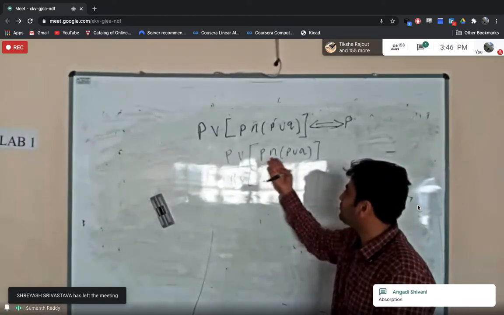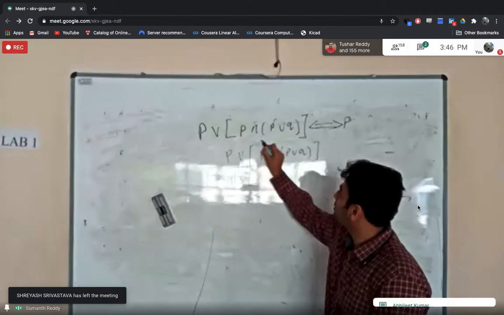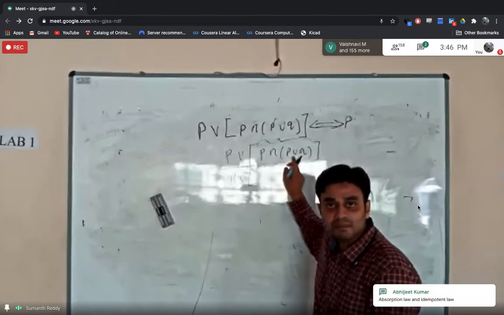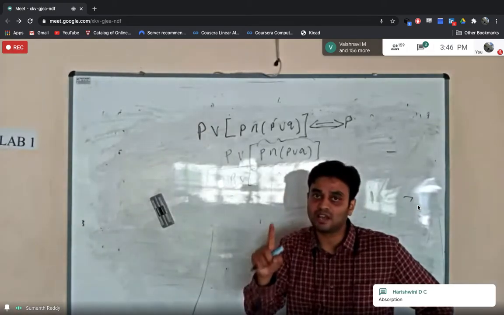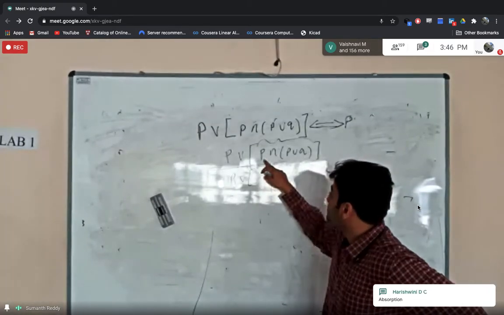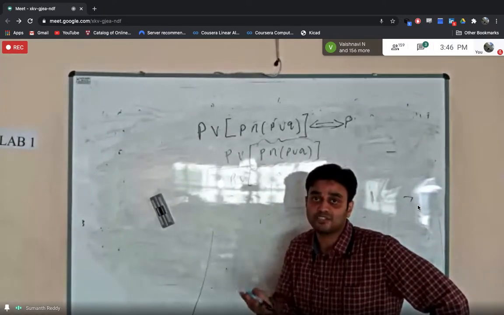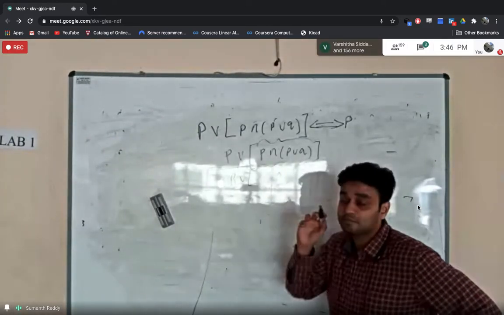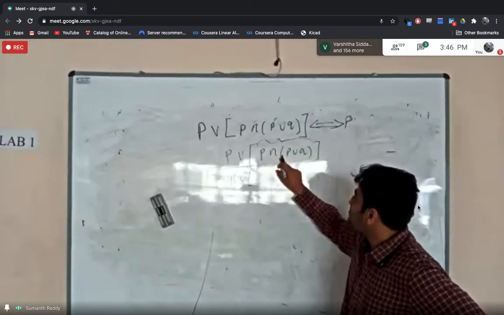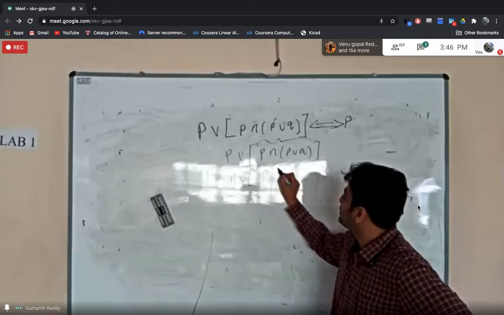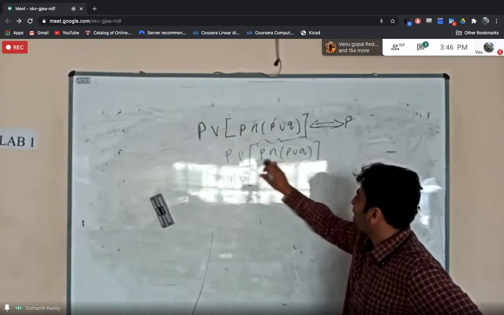See here, actually, we have three propositions, and the symbols are different. When the symbols are different, you have to go with either the distributive law or the absorption law. But here the propositions are the same. The proposition has been repeated. If it is repeated, then you have to go with the absorption law. The absorption law tells that P and (P or Q) is the same as P. Exactly right. So now this can be written as P.